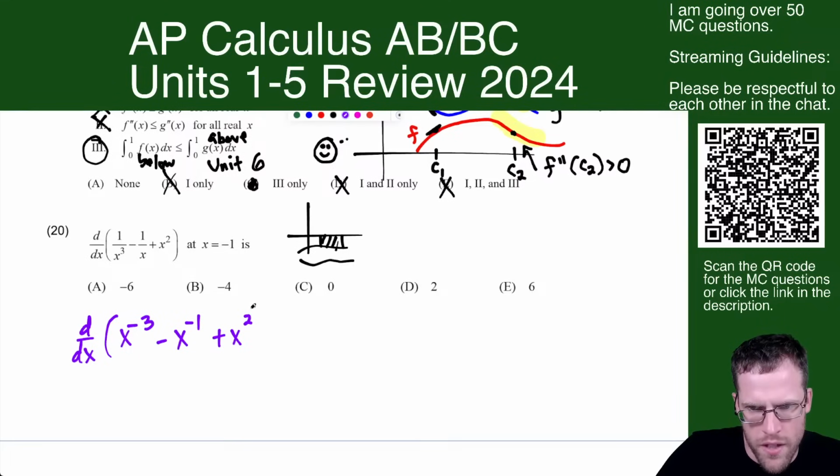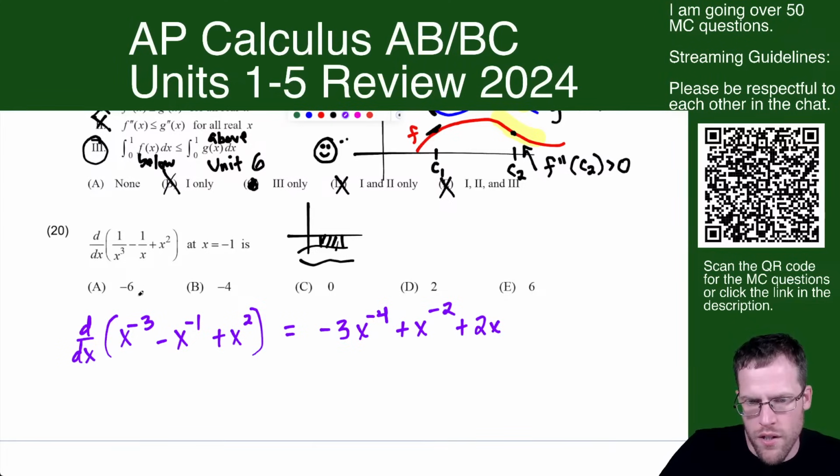So this is the derivative of x to the minus 3 minus x to the negative 1 plus x squared. First thing I'm doing is deriving. This is negative 3x to the negative 4. And now negative 1 comes down to make this plus x to the negative 2. And then this is plus 2x. So then here at negative 1,